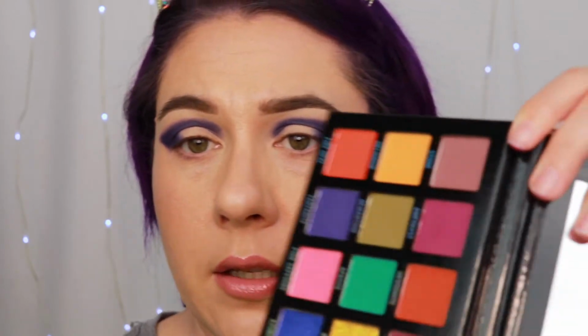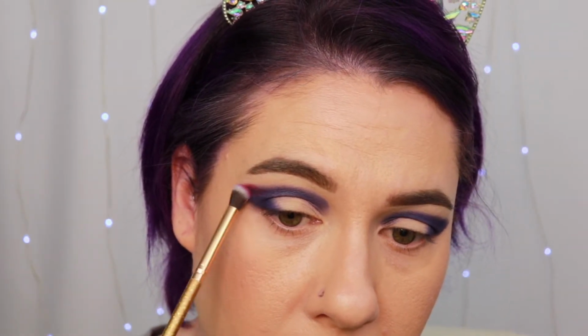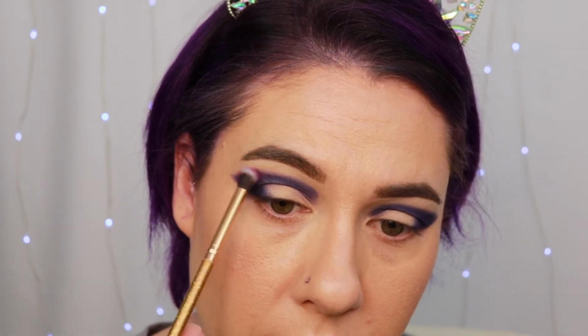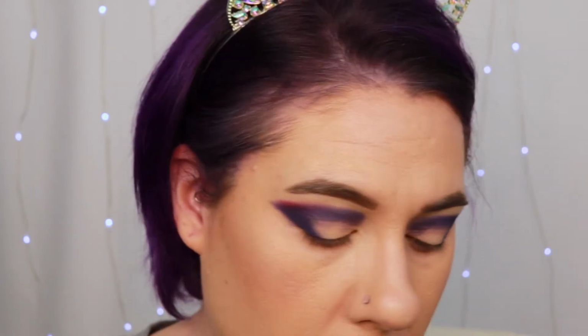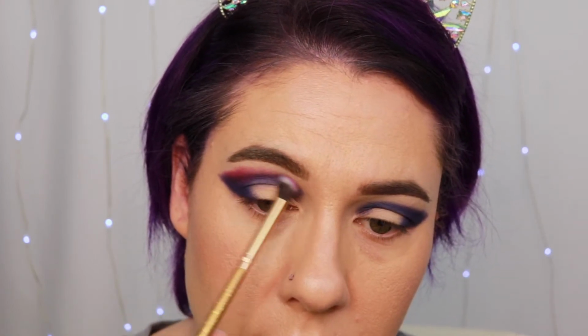I want a smaller blending brush. I should have pulled my brushes out. I do this every single time. And every single time I say I should have pulled my brushes out, and then I don't. Oh, okay. I'm going to use this little Luxie mini tapered blending brush and go into the shade Amethyst, which again is this kind of pinky purpley shade. And I'm just going to overlap it slightly with Tanzanite, which is that purple, and just start to blend it out. I'm going in pretty lightly,